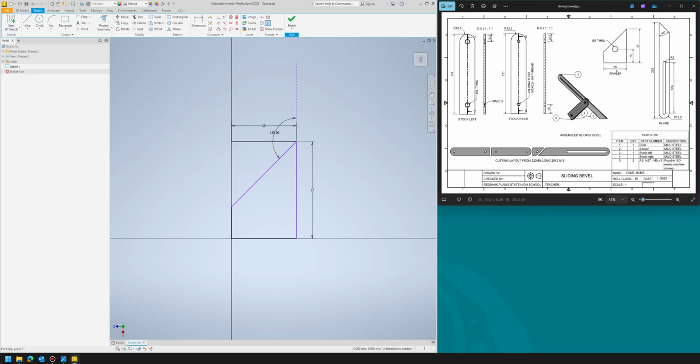Now, we need to put the hole in. So I'm going to use my line tool. Now my piece is 25 millimeters wide. I'm going to draw a line coming up from the center, 15 millimeters. So 15, enter. Now that's okay, we can delete this line later, but this needs to be a diameter of